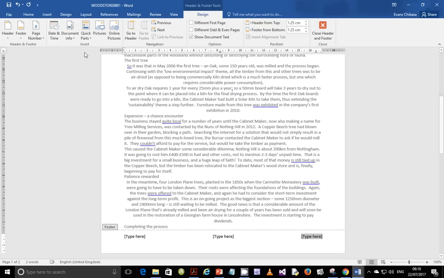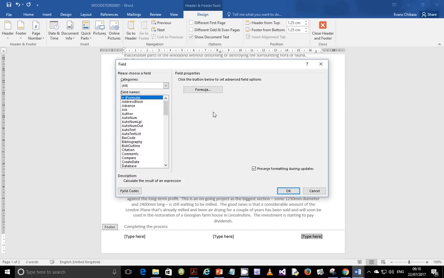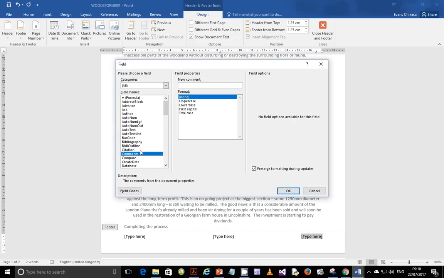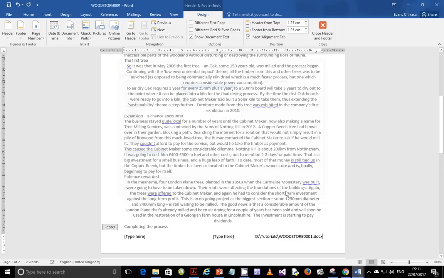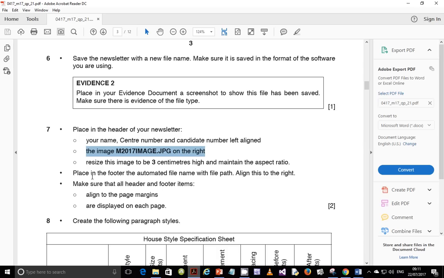So insert, go to quick parts and field, and then look for file name. You can hit F on your keyboard and you'll be able to find file name. Okay, so mine is just here anyway. So file name, and then also add path and say okay. So you see the file name plus path. Okay, then